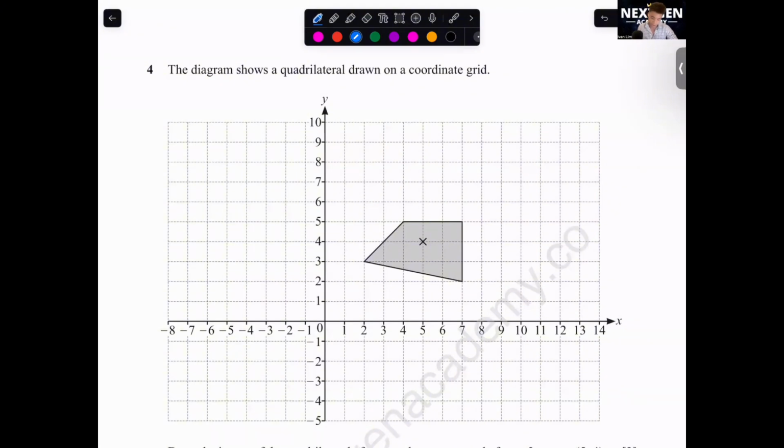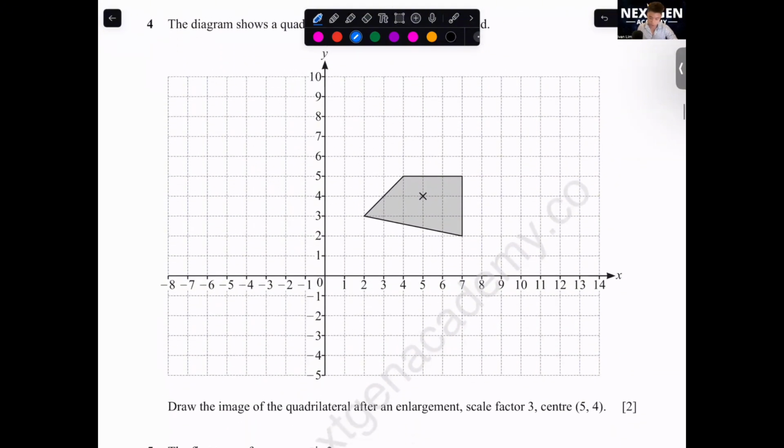Number 4. Do you know how to do this? Draw the image of the quadrilateral after an enlargement, scale factor 3, center (5, 4). How do we do this? You need to use your ruler. You all take your ruler. Best, for all this transformation type of question, you print it out so that you can practice it properly. Scale factor 3 means